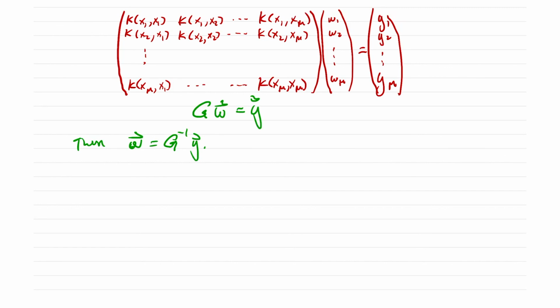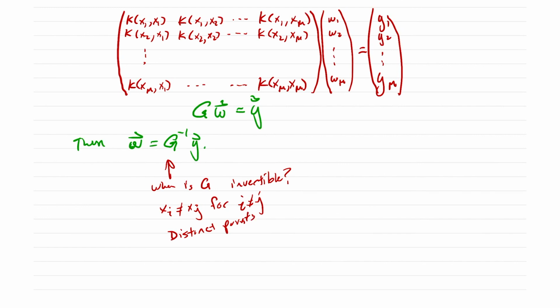Now again, we want to know when G is invertible. Basically it's when xi is not equal to xj for i not equal to j, so distinct points. Right, and so there we go. The rest really just comes down to linear algebra and inverting this matrix in order to find these interpolating